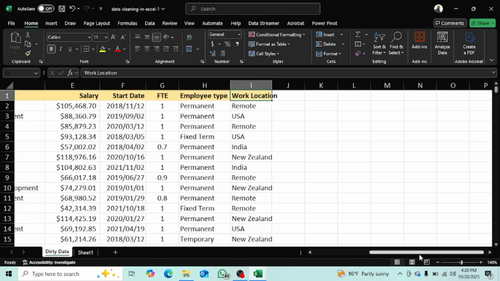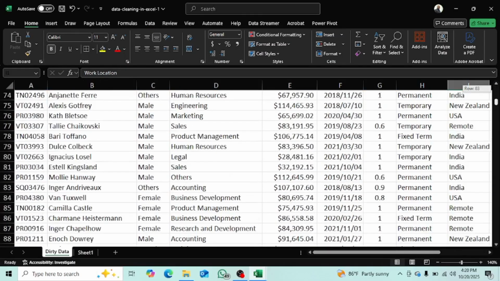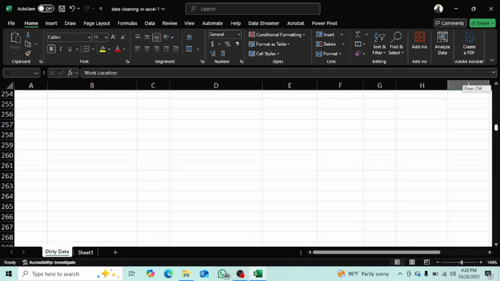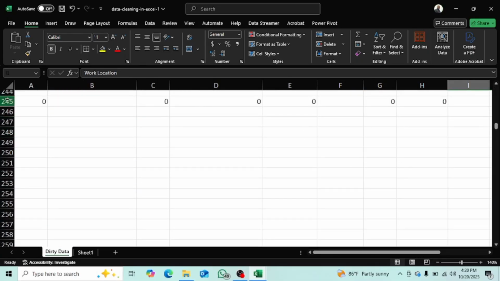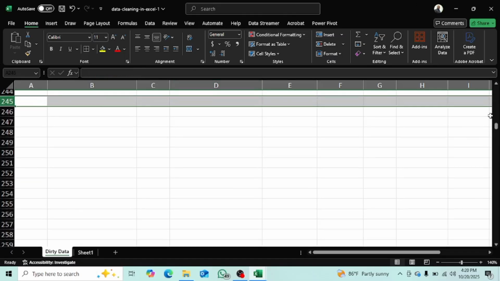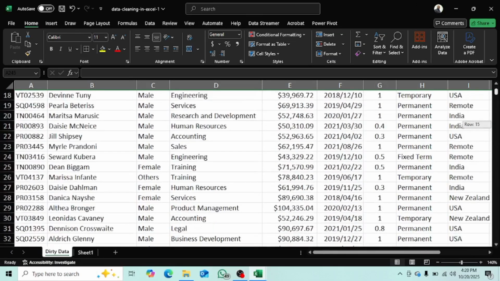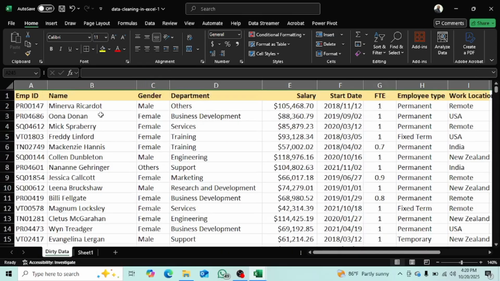So you don't want to see anything on your data set. So what you do is this: you go down, because remember you calculated count blank the other time. So yes, we are going to remove that entire calculation. We don't need it anymore. It has accomplished what we wanted. So yes, now looking at this data, you can see that everything that we have here is following the format